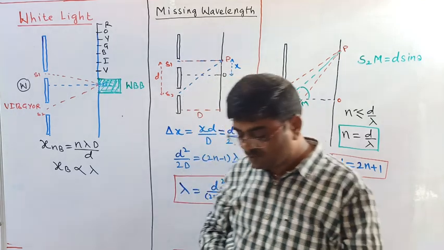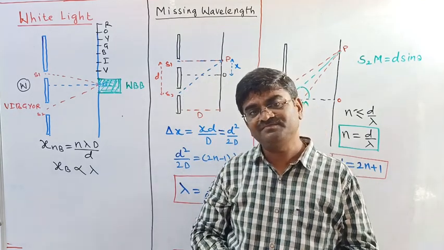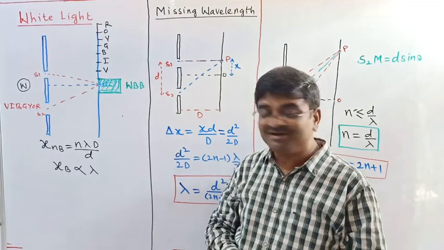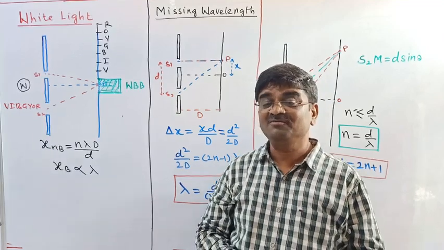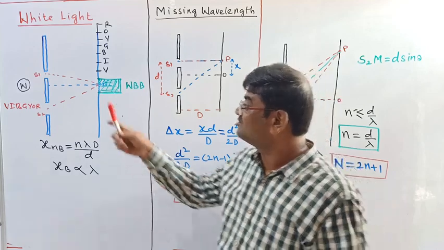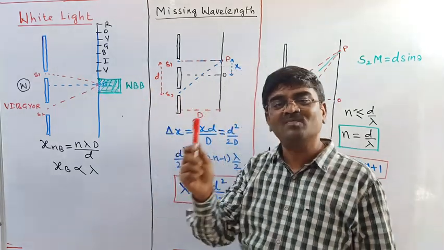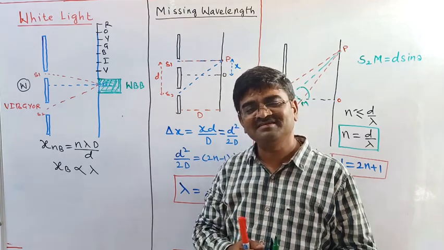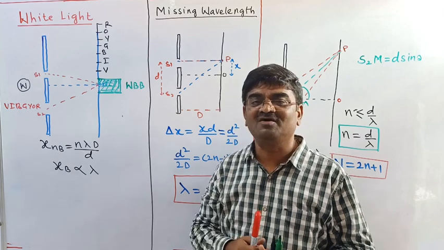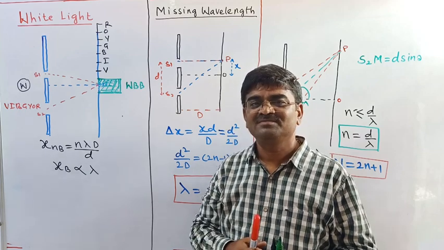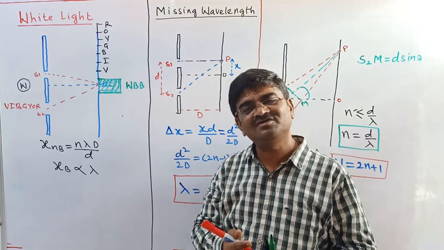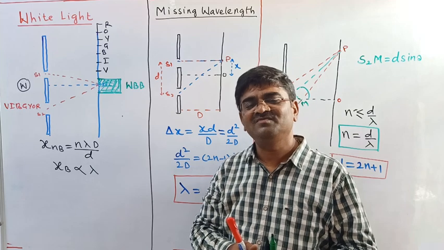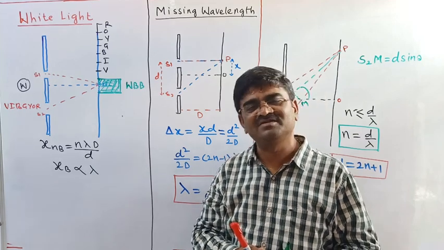So in the next video we shall see what would happen to the interference pattern if we introduce a thin sheet in the path of one of the waves. What will happen to the pattern we will see. Also we shall discuss some basic information about the intensity of the interference pattern, as well as we will have a discussion about interference at a thin film.